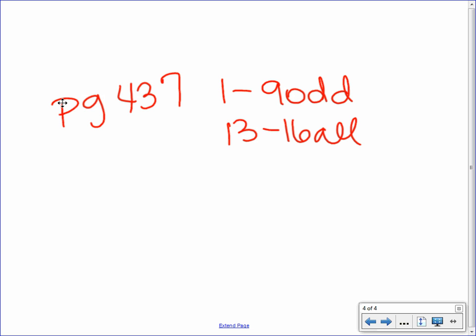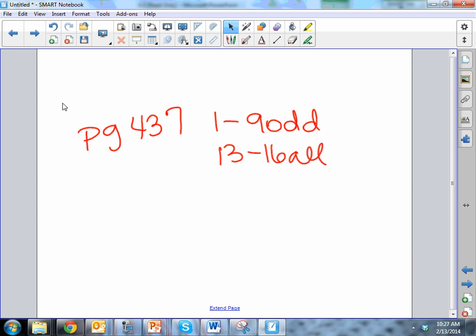Because what's important here is the setup. However, I will tell you, we will have a quiz on Thursday that will be over the shell and the disc/washer method, where it will be some non-calculator, some calculator. Okay? So just be prepared for that. Will that be over the